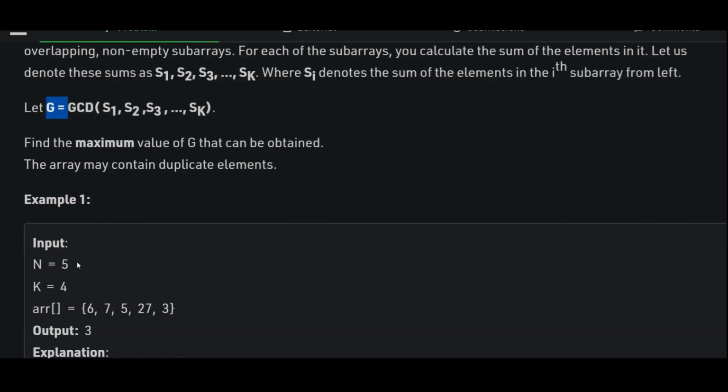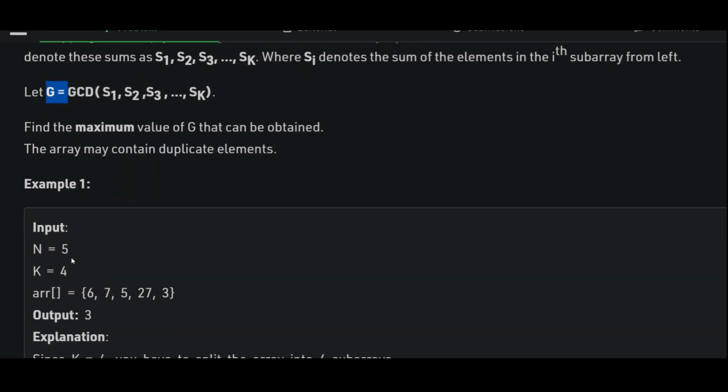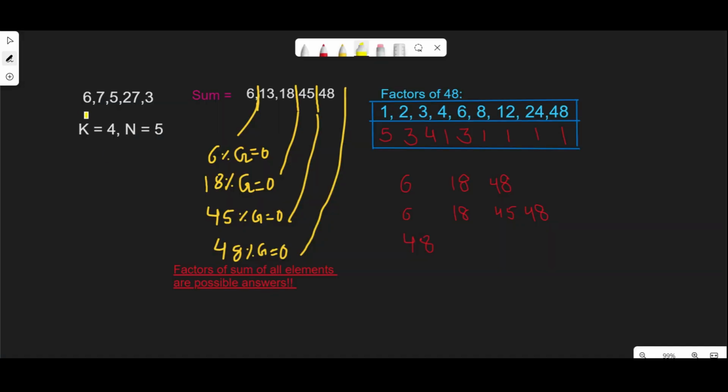So for example, let us say n is 5, so there are 5 elements, and k is 4. So I need to divide this array into 4 subarrays such that if I take the sum of all the subarrays and the GCD of all the sums, then that GCD should be maximum. So how can we do this? Suppose I divide this array like this, and